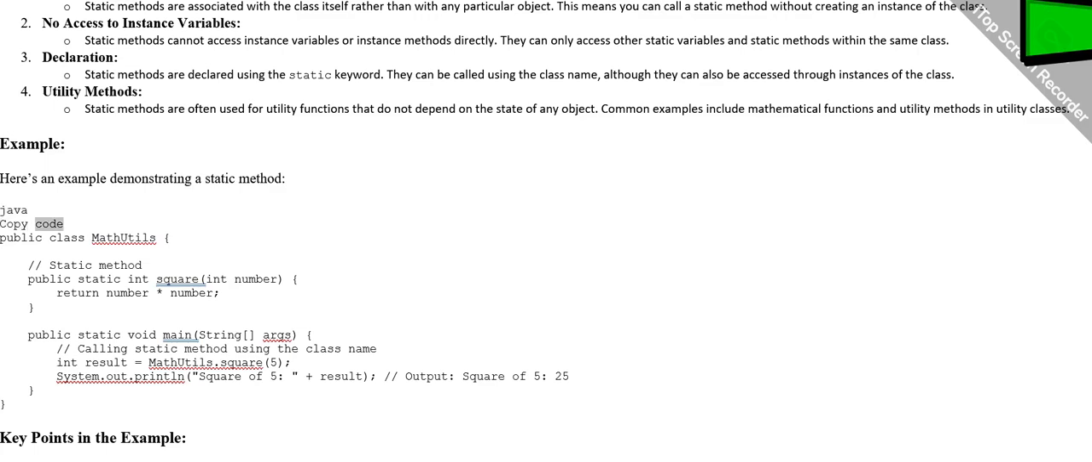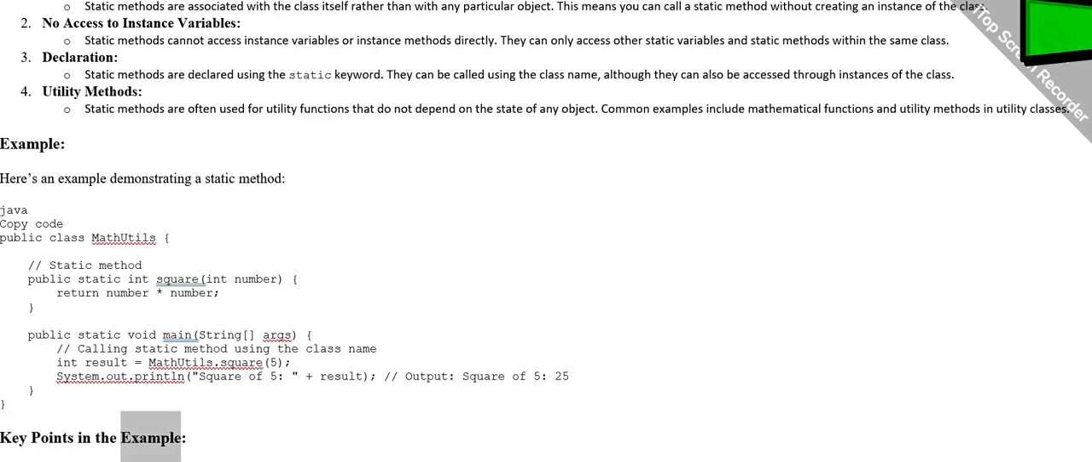Java. Copy code. public class MathUtils { // Static method. public static int square(int number) { return number * number; } public static void main(String[] args) { // Calling static method using the class name. int result = MathUtils.square(5); System.out.println("Square of 5: " + result); // Output: Square of 5: 25